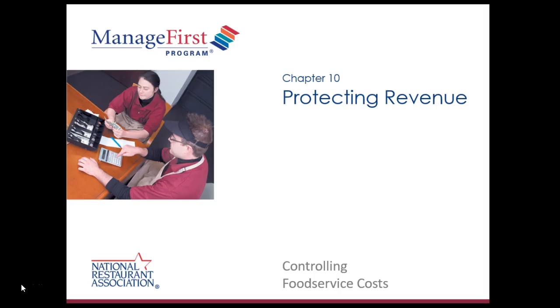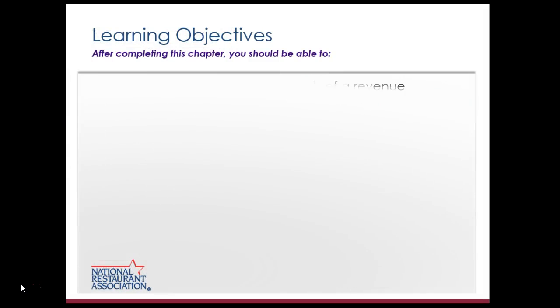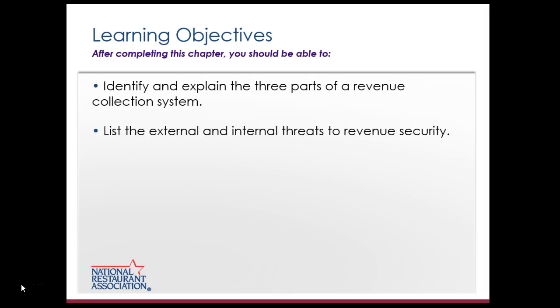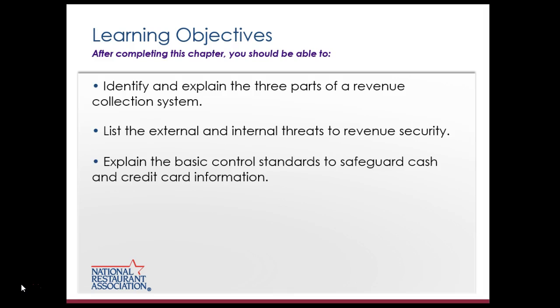Hey everyone, we're going to be going over Chapter 10, Protecting Revenue. So we'll identify and explain the three parts of a revenue collection system, list the external and internal threats to revenue security, explain the basic control standards to safeguard cash and credit card information,